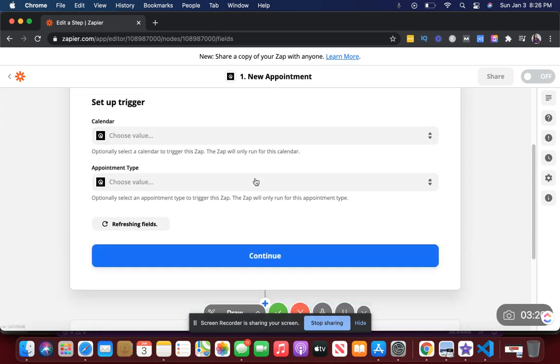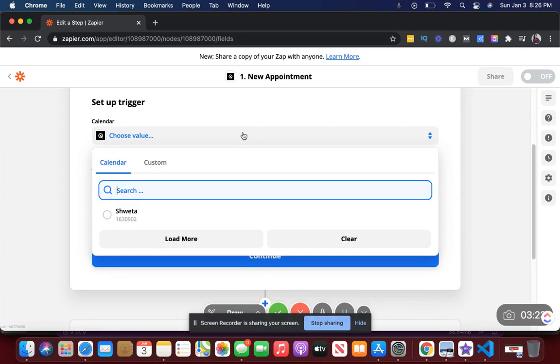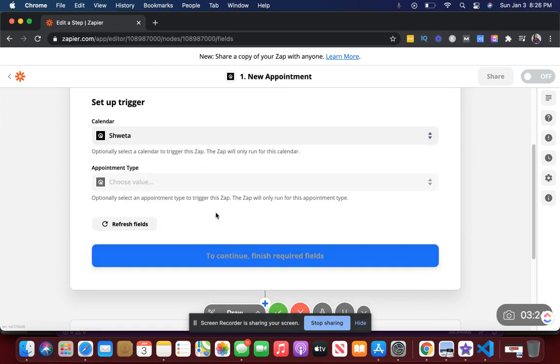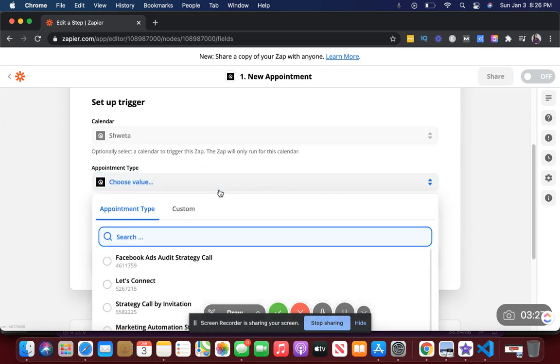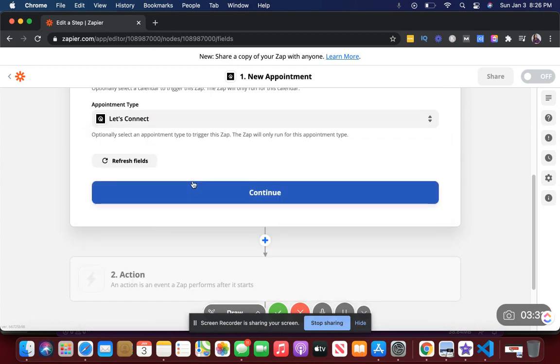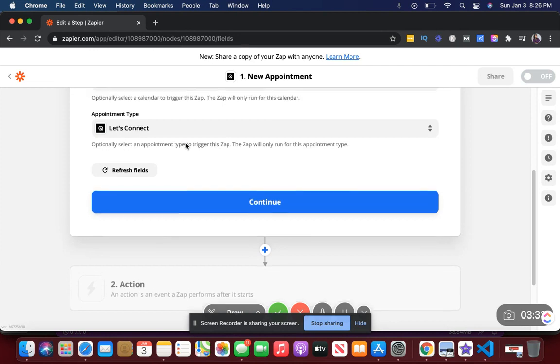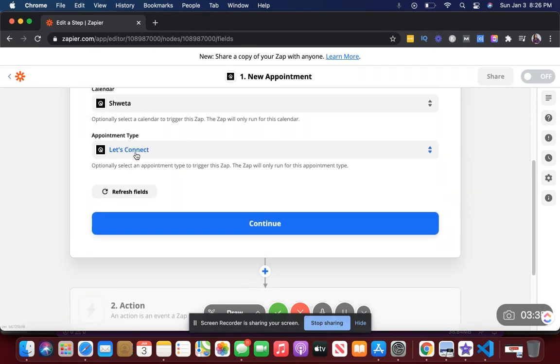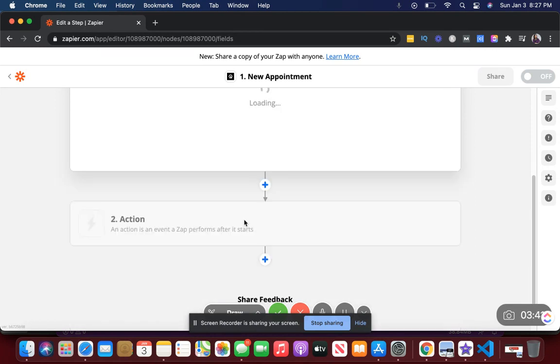Then it'll ask me which calendar I want to connect this trigger with. I just have one calendar, and I have multiple appointment types, so I can choose which appointment type triggers this particular Zap. This is the appointment type. If someone books a call with me using this appointment type, only then will this Zap be triggered. So I'm going to hit continue,